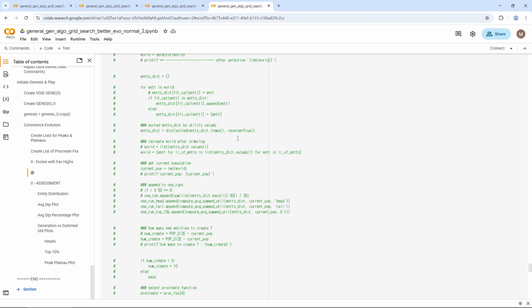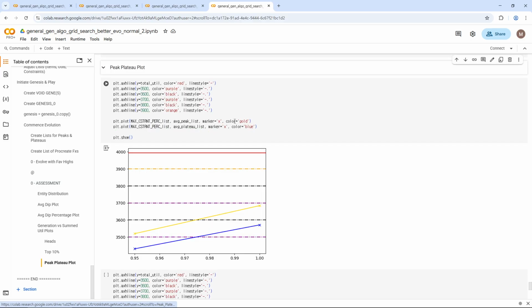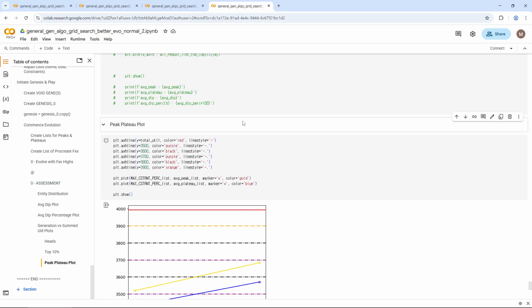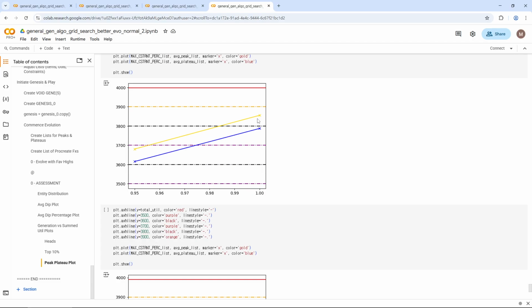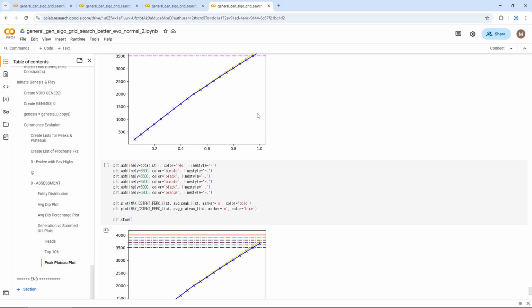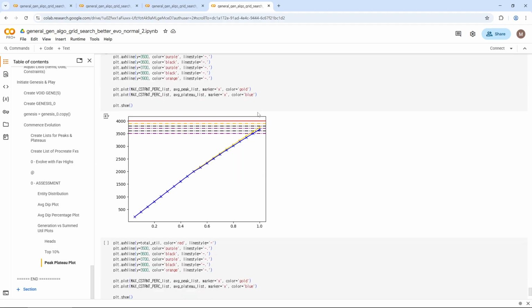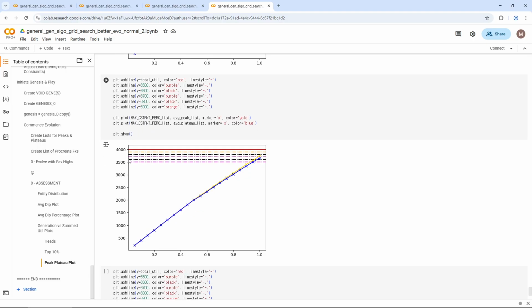And what this does is something like this. These plots are only for when the max constraint percentage is at 95 and 100%. I just did this to save time, and this is what you get when you run it for the entire 20 maximum constraint percentage